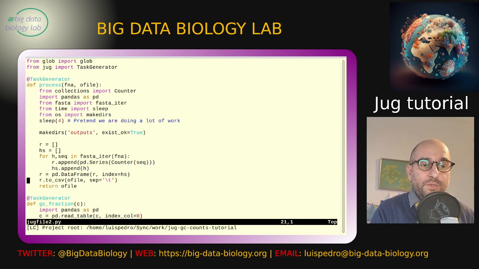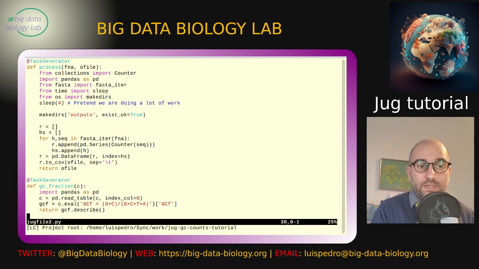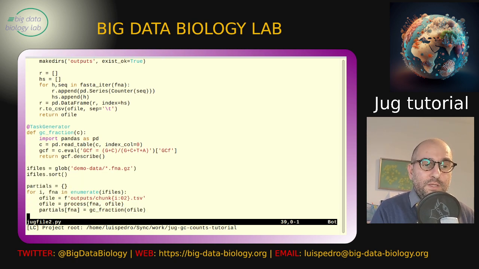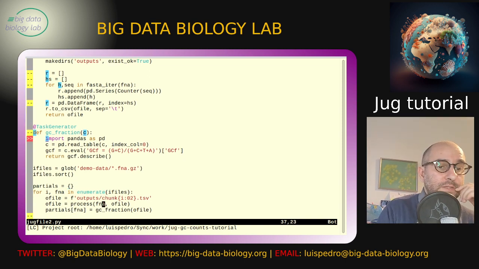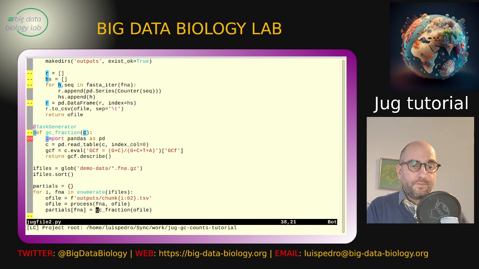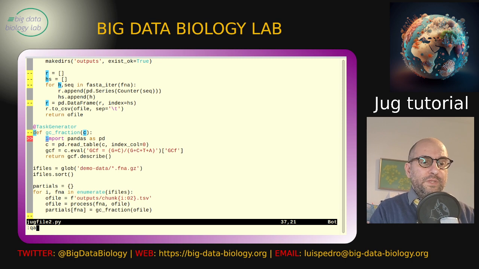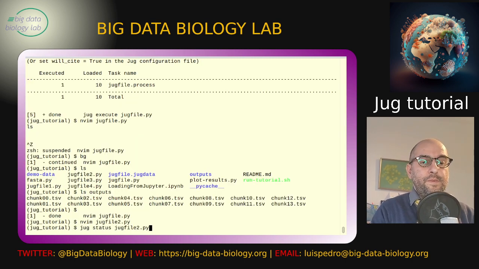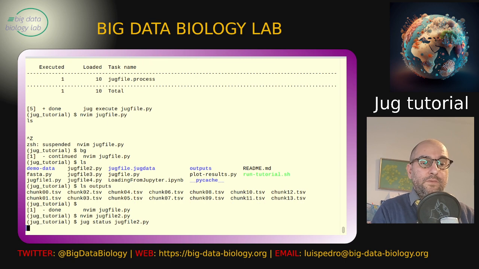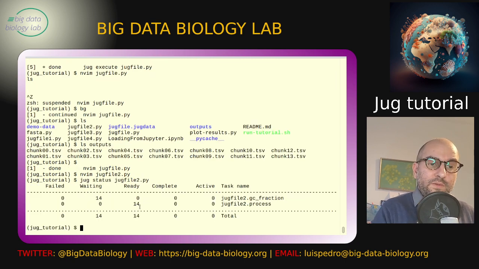And jugfile number 2 starts more or less, well, actually almost identical to the first one. And then we are going to actually compute this GC fraction here. So we're going to call the second function that takes the input of the first function. And so now what's happening? Okay, so we can see, first of all, now this is a little bit more complex because we have this process option task that's ready, but the GC fraction tasks, they have to wait for the output of the first one. So when we run it,